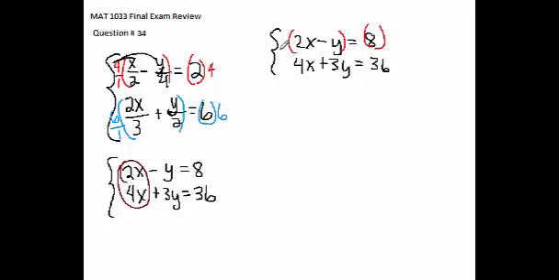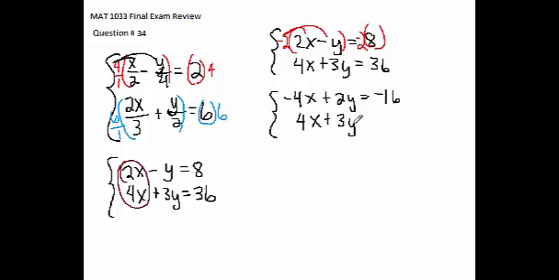I need opposite coefficients, so if I multiply the top equation by -2, what I end up with is an opposite set of coefficients for x. Okay, an equivalent system is -4x, distributing the -2, plus 2y is equal to -16, and the second equation didn't have to be altered in any way. Now I'm ready to add the two equations together. X terms cancel. I end up with 5y is equal to 20, and y is equal to 4,